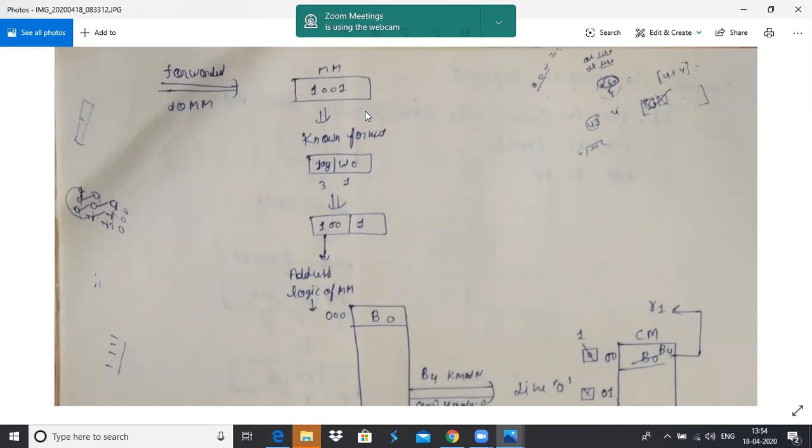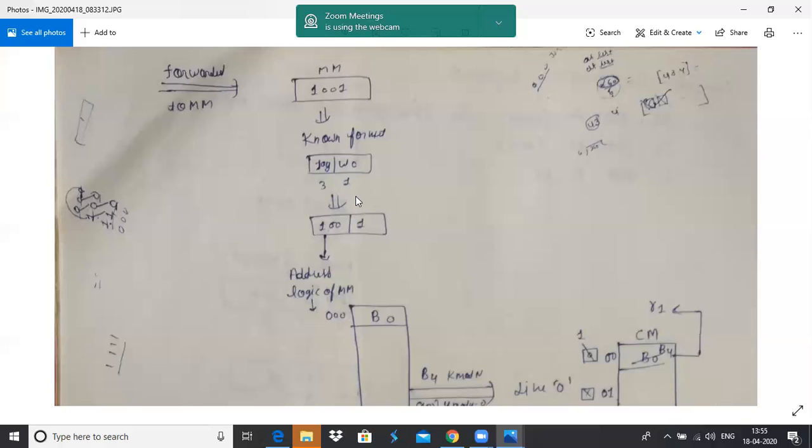See here. First, this reference is represented in the known format of main memory. The known format of main memory is tag and W0. Here the physical address is 4 bits and the block size of main memory is 2 bytes. So how many bits are required to represent the word within the block?